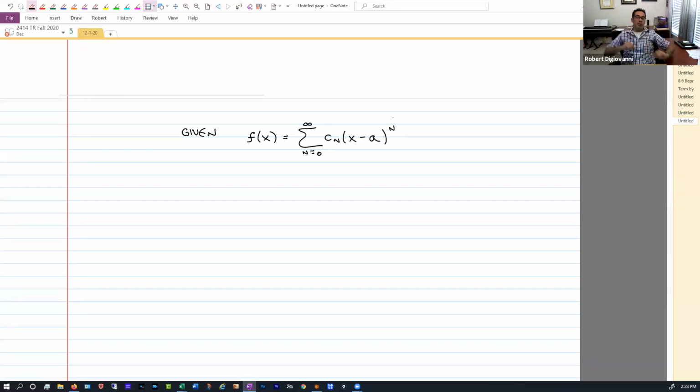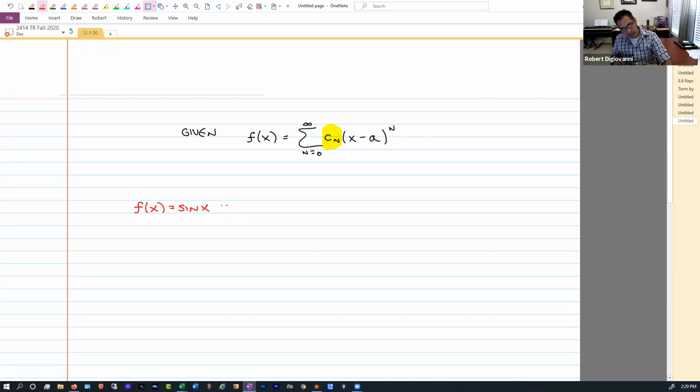In the previous section, I gave you an example of a specific function, and we came up with its power series, because it happened to look like a geometric series. But the idea is, in general, if somebody hands me a function, can I generate its power series? That's the question. And I told you, it all comes down to this C sub n. Is there a way to figure out what the formula would be for C sub n for a particular function? For example, if somebody gave me the function f of x equals sine of x,